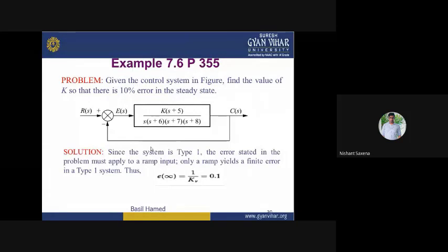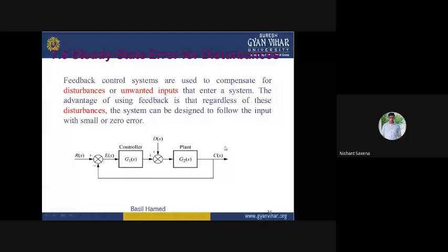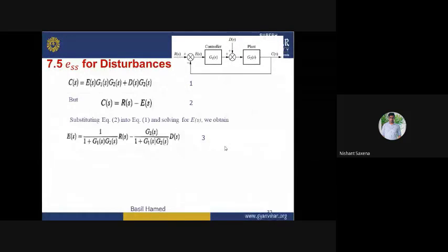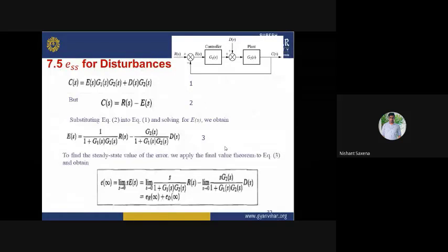After this we will be calculating, when we applied it 10%, we will be getting it equal to 0.1, and we have seen that KB will be coming to be 670. Then after this we have seen